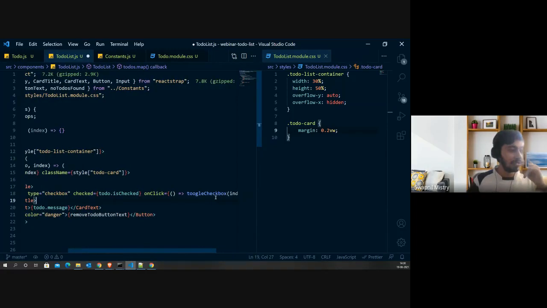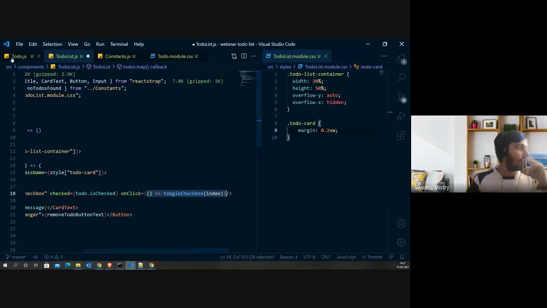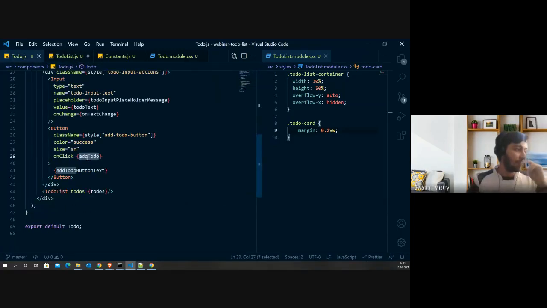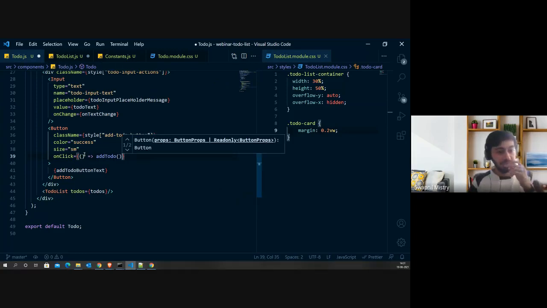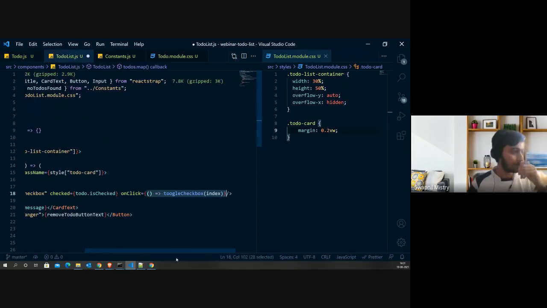So if we want to pass any parameter to the function, then we will write it this way. Else, we can write it this way. So this can also be written as what we have written currently. If I do something like this, it will work the same way. It's completely your choice how you want to write it. For now we will stick with what we have already written over here.